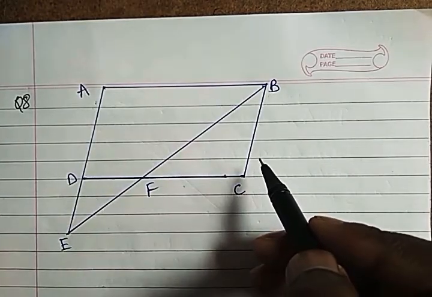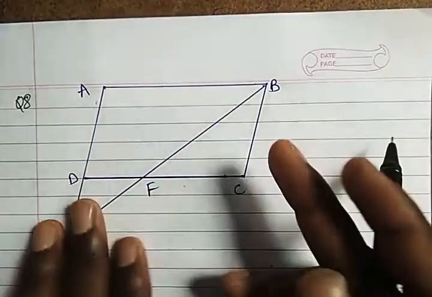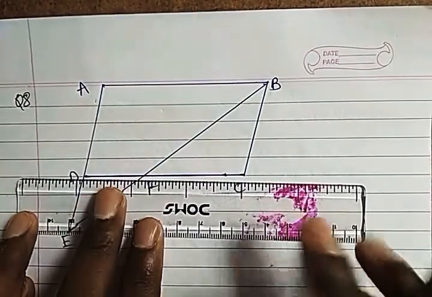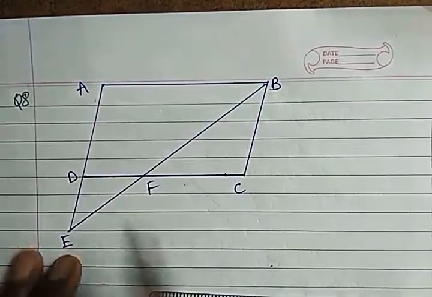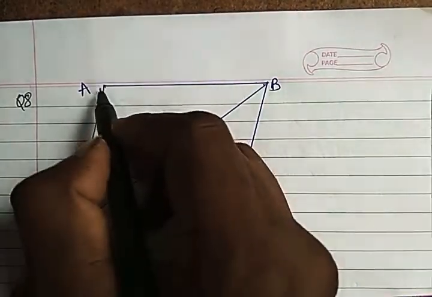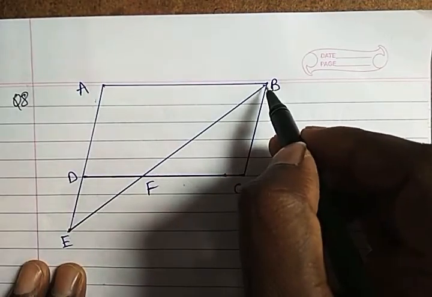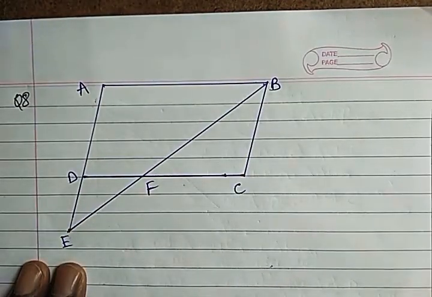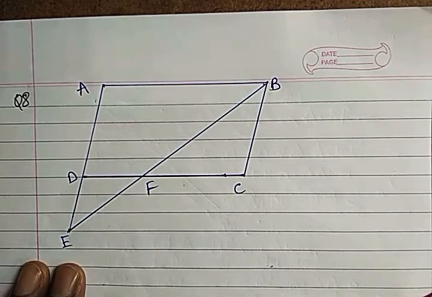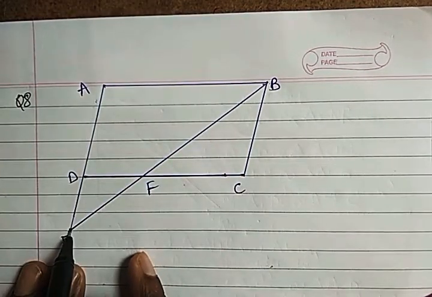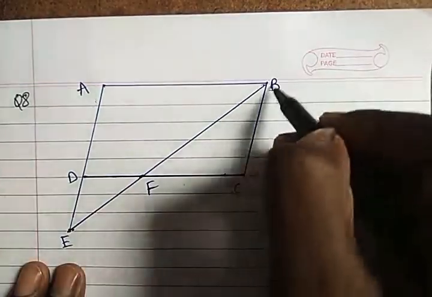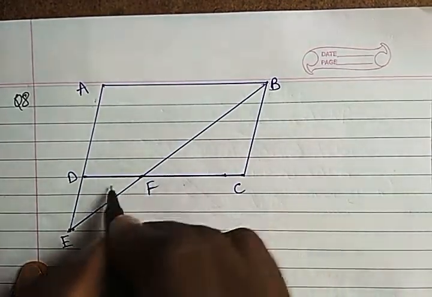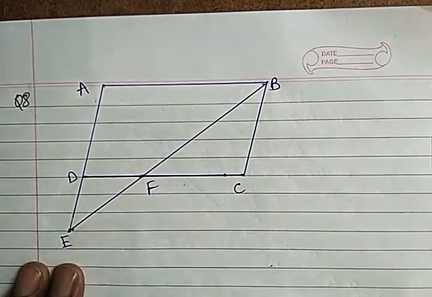ABCD is a parallelogram. Basically ABCD, just see this much, don't look at this. Here ABCD is a parallelogram and E is a point. How did point E come? By extending AD and joining it from B. So that is how it is given in the question. E is a point on the side AD, produced, of a parallelogram ABCD, and BE intersects DC at F. B is joined to E, and this line intersects DC here.